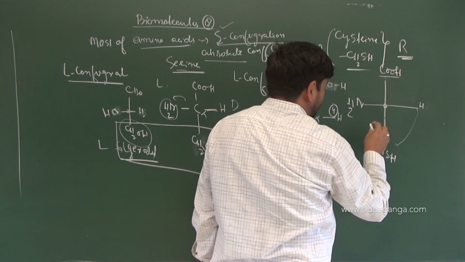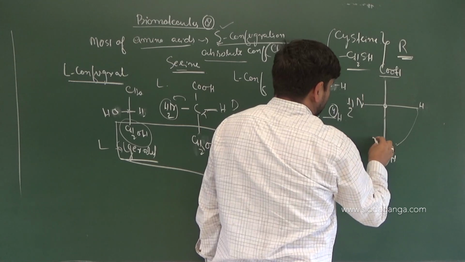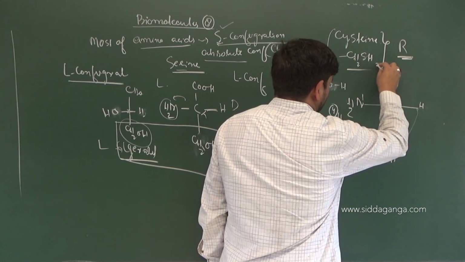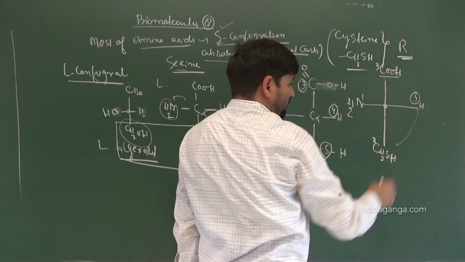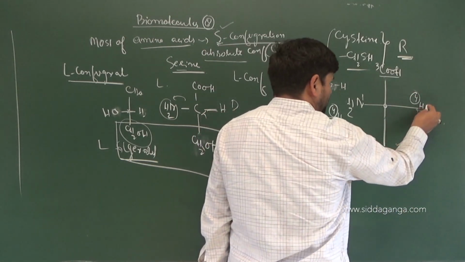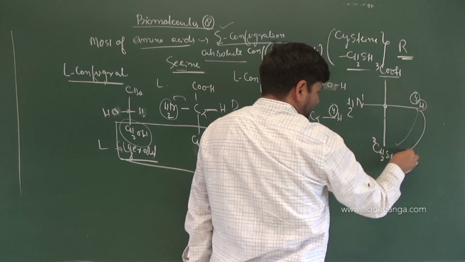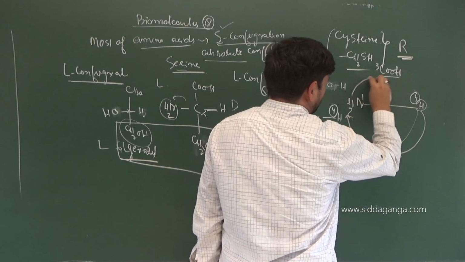So first priority, let me represent in terms of the priorities for it. 1, 2, 3, and hydrogen gets what priority? 4. This should be going away from you. In terms of bond, it should be going away. Alright. So in order to show this away, I will rotate the molecule. It will come here by 120 degrees. This will come here, and this will go here.